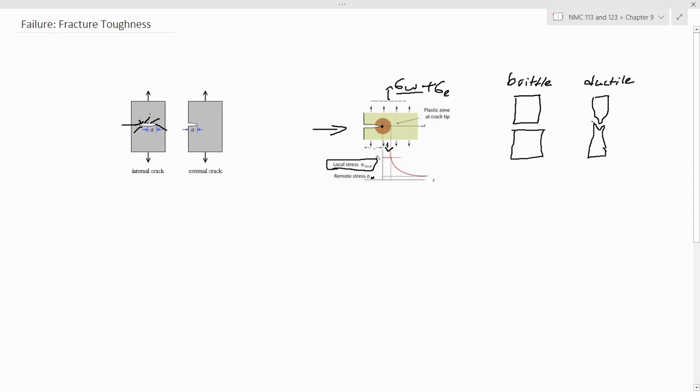Now there's a formula associated with this. That's the K1 formula, right? The K1 formula is the working stress multiplied by a constant, root pi, multiplied by the crack size. Now K1 is the stress intensity,